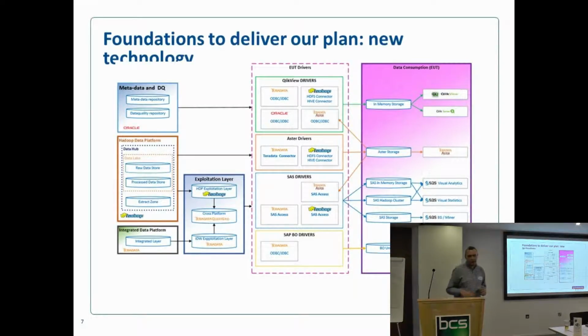One of the first things we did, now we had a plan, was we started to work on our foundations, because we couldn't just dive straight into building stuff. Well, I mean, we did a little bit, but we have a longer term plan. The picture on the screen is sort of to do with foundations. It was the original blueprint document we came up with when we designed our new end-to-end data architecture for Nationwide. I can tell you as a fact, it doesn't really look like that today,